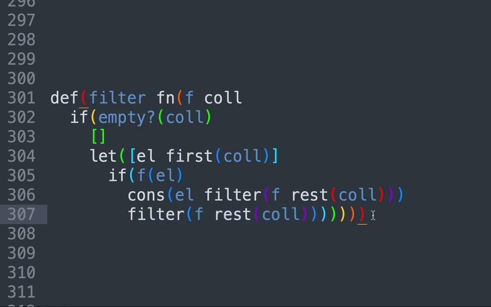So I hope these give you some feeling for what it's like to program in Berlin, what the syntax looks like. I hope Berlin is appealing to you, and I hope you